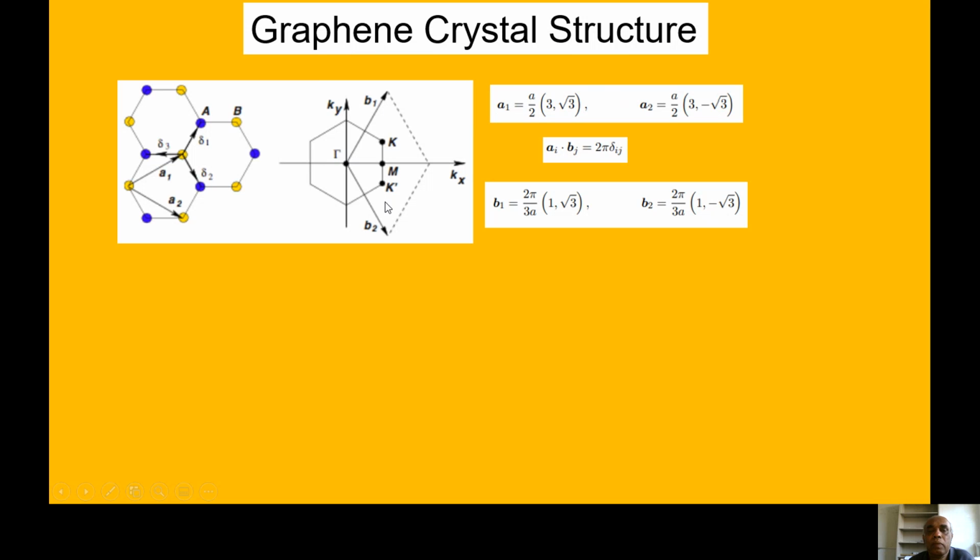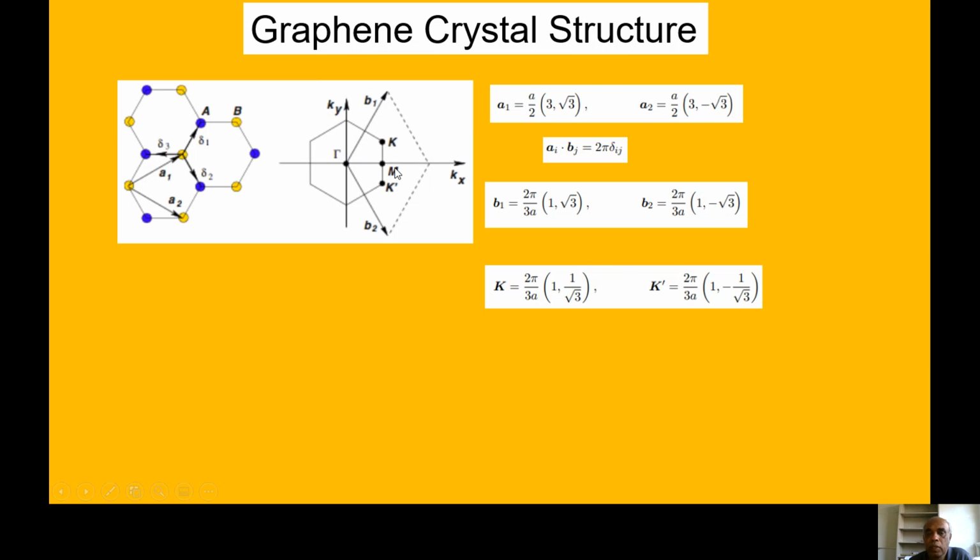It's basically if you take 1/3 of this length between b1 and b2, you can easily calculate K and K prime. Also, you can calculate the midpoint. We call it the M point. These are symmetry points in the Brillouin zone. This is what we call the first Brillouin zone, right? That is the reciprocal space. So K and K prime you can easily calculate to be these numbers. These are simple geometry, right? So if you know b1 and b2, you can calculate K and K prime. These are called the